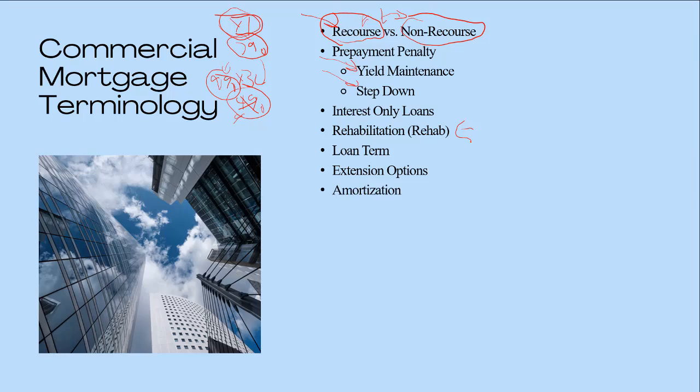Amortization, this refers to the schedule of paying off the principal balance. Okay, so we talked about interest-only loans. Amortization has to do with paying off the principal. So there are different amortization schedules. So we're all kind of maybe familiar with the 30-year mortgage for buying a house. Those are fully amortizing over 30 years, meaning that the amortization is such that at the end of the 30 years on that last monthly payment, you'll have paid off the last remaining principal.